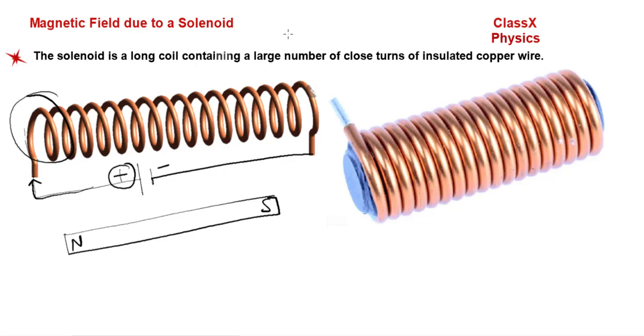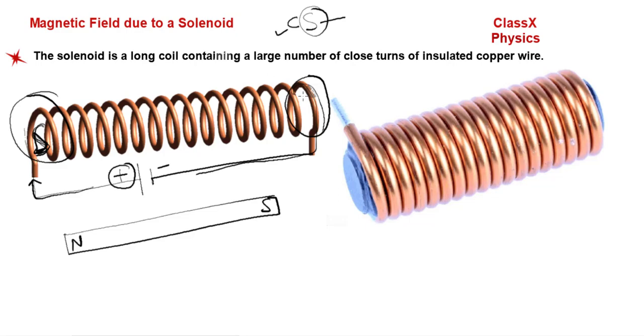I had told you clockwise, C as south pole. This means where we observe the flow of current clockwise, that face will be the south pole. So it will be the south pole of that bar magnet. And when you observe this section, we can see the current is coming anti-clockwise, meaning current is coming out of the coil and going to the battery.